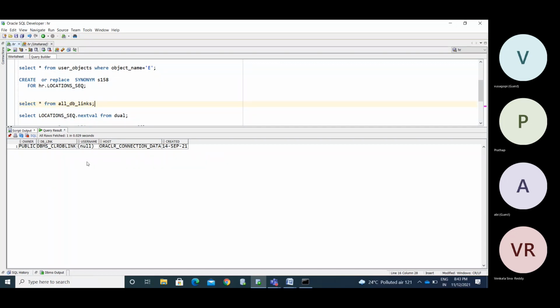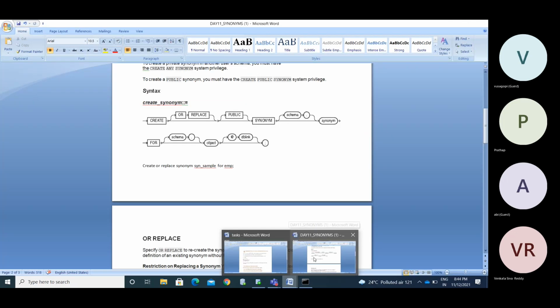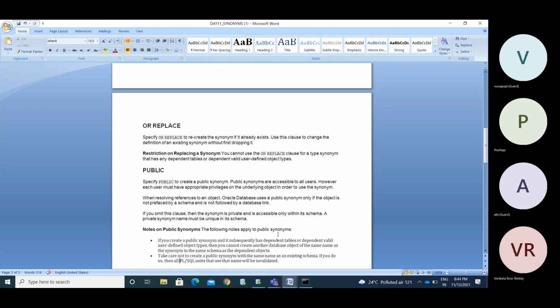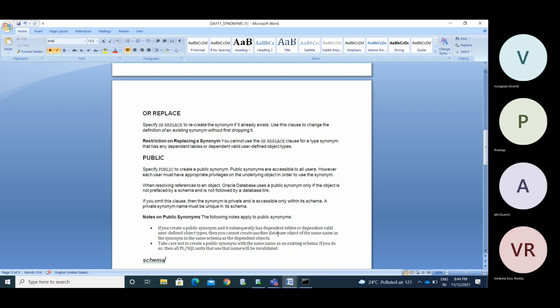Now we'll see what a private synonym is and what a public synonym is. A private synonym is a synonym created by you that is accessible only within that particular user. If you want to use that synonym, you need to provide grants again to other users.